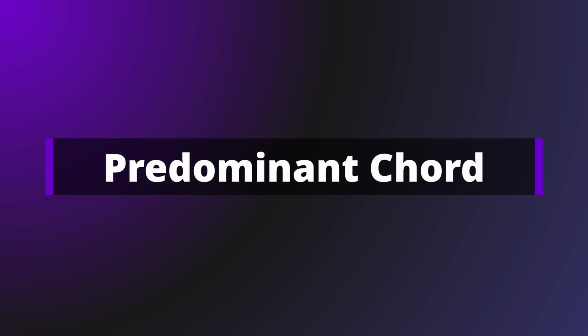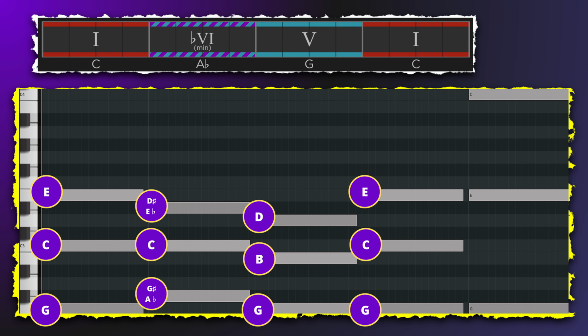Another use for the flat 6 chord is as a predominant chord. That means in major keys, it will be played before the 5 chord, which then typically returns to the 1 chord. For example,